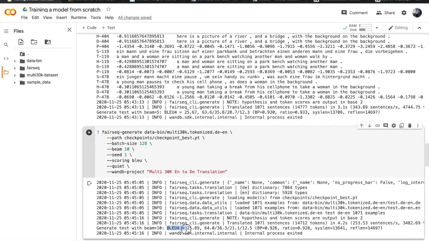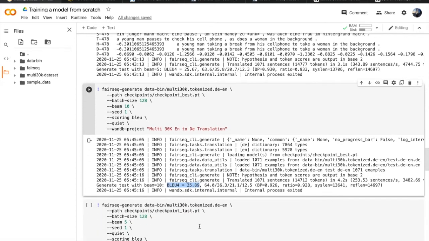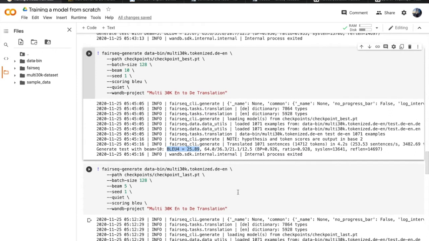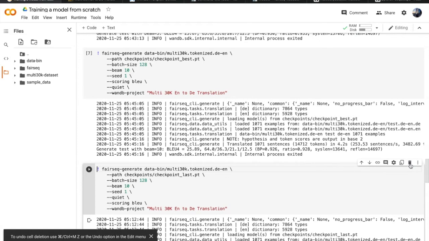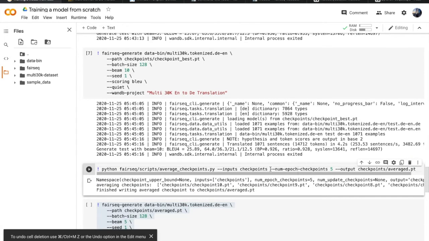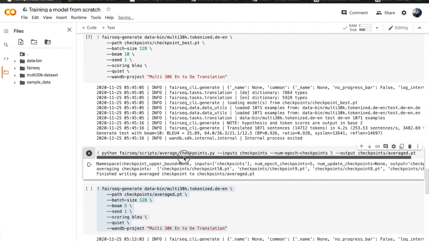We have seen a significant BLEU score rise from 25.67 to 25.89, which is a great thing to do. So I would suggest, if you can use a higher beam size, go for it if it is giving better results.